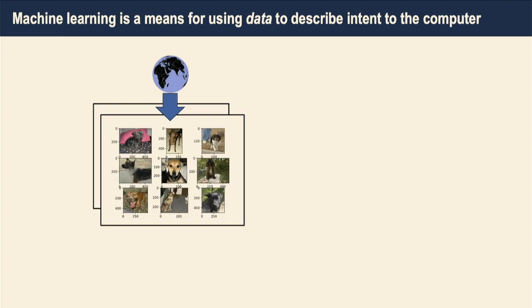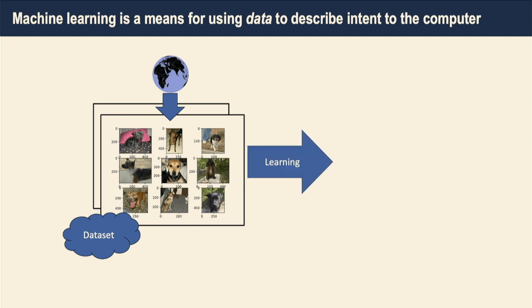So you start with the world, and from the world you're going to extract things from it. In this case, maybe I got a bunch of images of cats and dogs, and I collected them together, and I'm going to call that a data set. That's going to be an important ingredient in this setup. And then from this data set, I'm going to do something called learning, and we're going to have different notions of learning. We're going to have different ways of collecting the data set, and there may be different loops in this cycle, but this is your high-level picture to have in your mind.